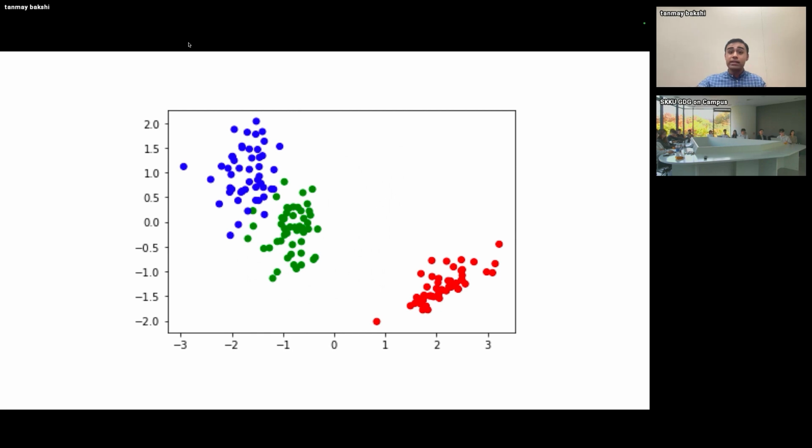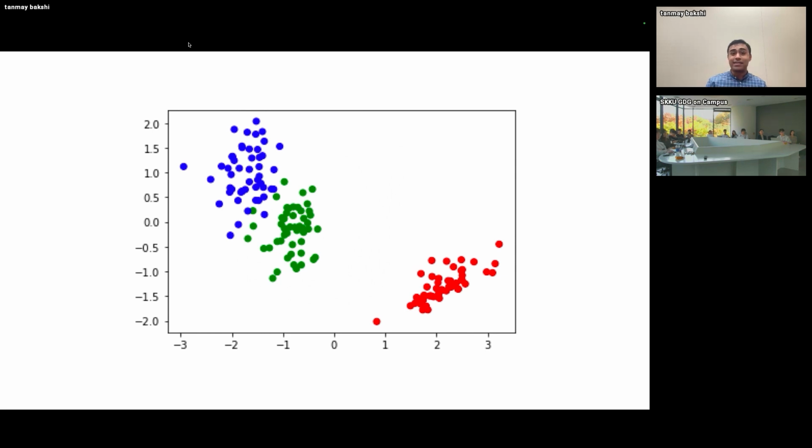And with these 150 measurements, which once again belong to 3 different species of flowers, if you plot out those measurements in 2 dimensions, they look like this. And so you can sort of see how the 3 different species are clustered into their own little groups in this space. And if you were to draw straight lines to separate between those 3 clusters, I mean, it would mostly work. Red is definitely separable. Green and blue would be a little bit inaccurate, but it would mostly be able to separate those 2 clusters.